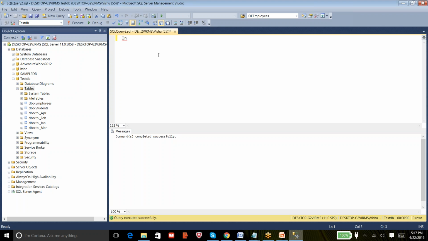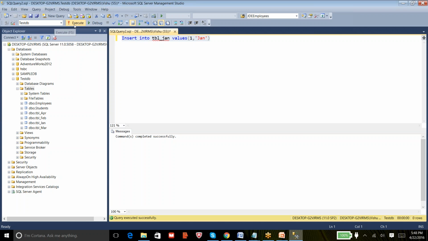Again, it is a very simple and easy to understand query. The task we are doing is inserting a record. So the command starts with insert, where we are inserting into a table. So insert into, provide the table name, which is Jan, with values, the ID. The ID you need to provide, I say it as 1, then a name, something like text. I just say it's Jan. This is the syntax to insert a value in a table.